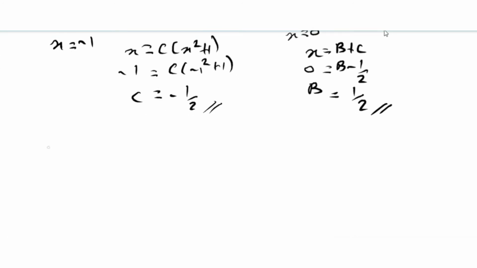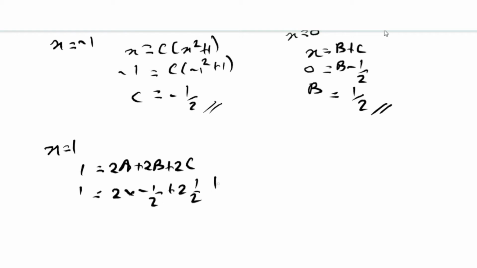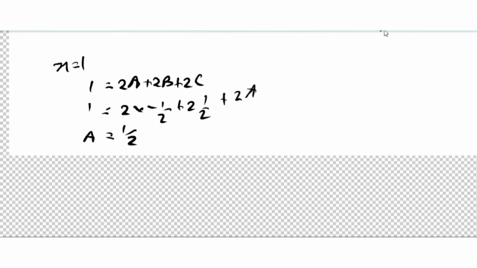Now to find a, you put x equals 1. You get 1 equals 2a plus 2b plus 2c, and you substitute the values that you found before. You will have a as half. Now that you have found all the variables,